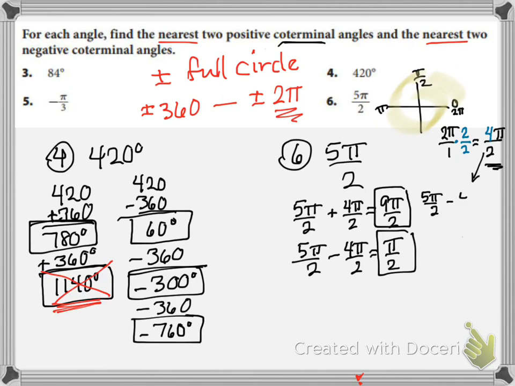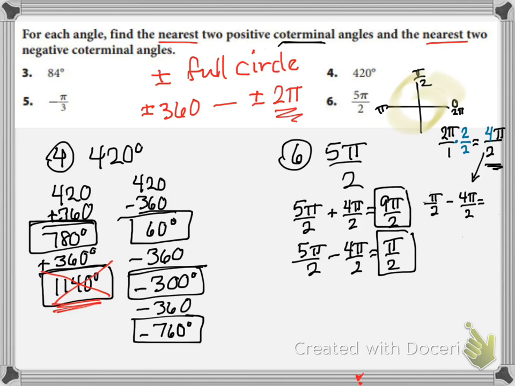This is my full circle because that is 2 pi. 4 pi over 2 reduces down to 2 pi. So 5 pi over 2 minus 4 pi over 2 gives me 1 pi over 2. I already did that one, didn't I? What if instead I do 5 pi over 2 plus 4 over 2, pi over 2 already done? How about